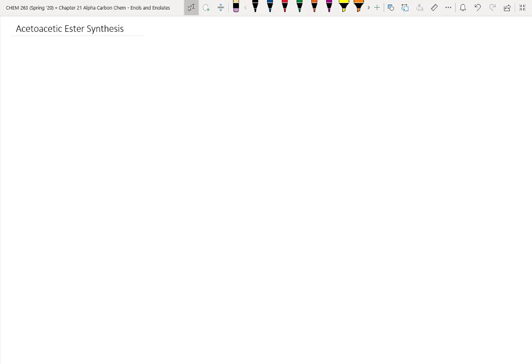Okay, the next alkylation strategy we're going to look at is pretty similar to the malonic ester synthesis. So just like with the malonic ester synthesis, we're going to start out with the overall transformation and then we'll dive into the mechanism. And again, we're going to start out with an alkyl halide or a tosylate, something like that. And our goal is, after multiple steps, to create a group